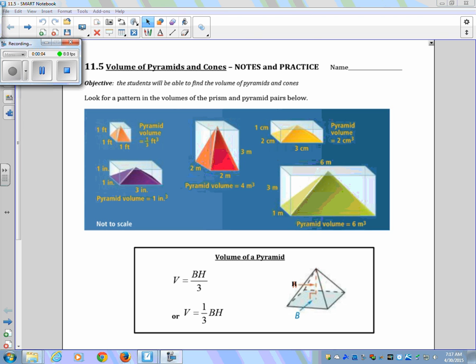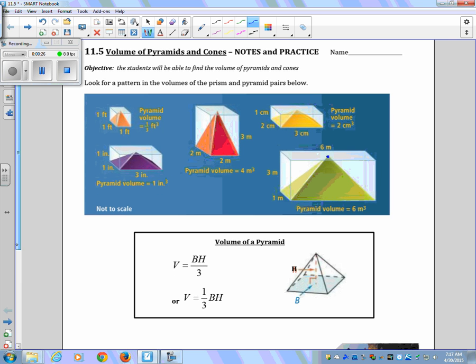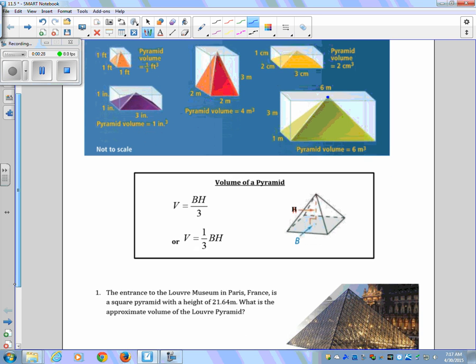We're going to do 11.5, volume of pyramids and cones today. You've done some volume before. We are just going to apply a new formula to the pyramids and cones, which come to a point at the top and have a polygon as the base if it's a pyramid and a circle as the base if it's a cone. This says to look for the patterns, but in the interest of time, I'm going to go